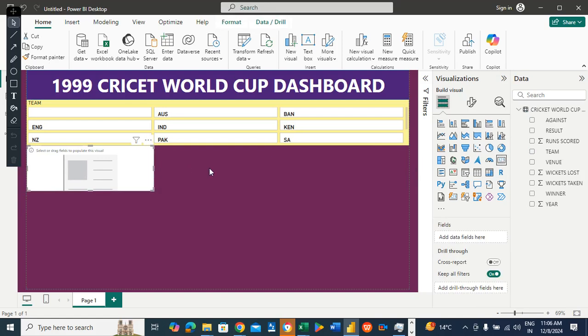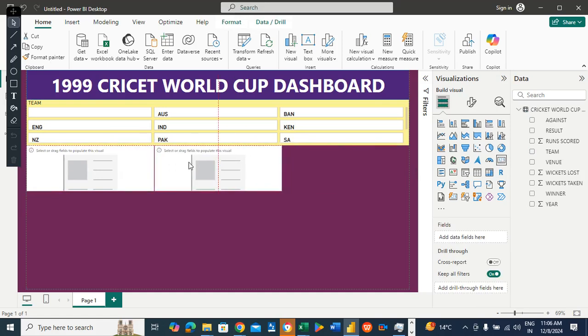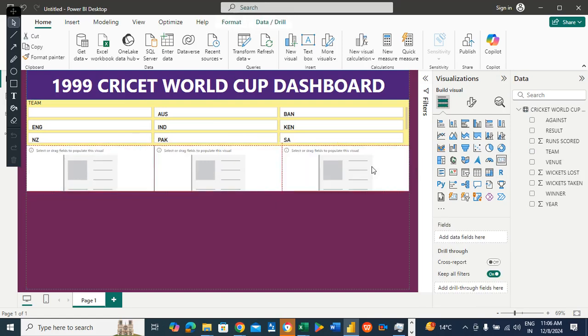Control C, Control V. And once again, you paste the card here. Now you'll place the runs code in the field section of the card. So 17,000 runs were scored in 1999 Cricket World Cup. You can see this here. And then I'll place wickets lost